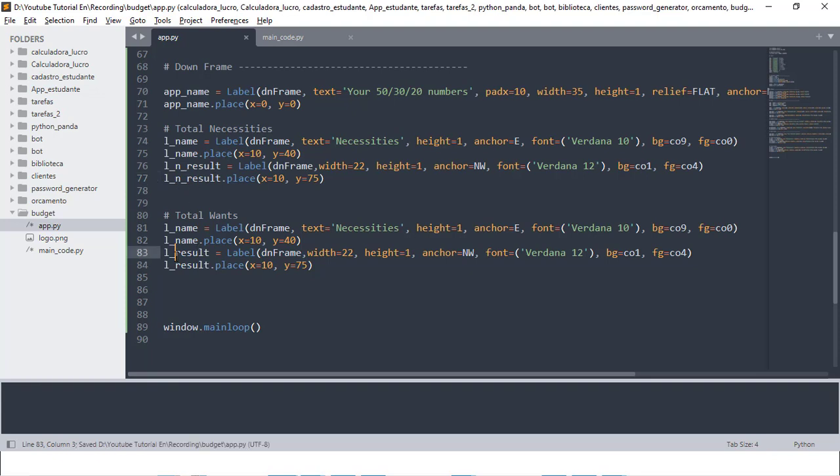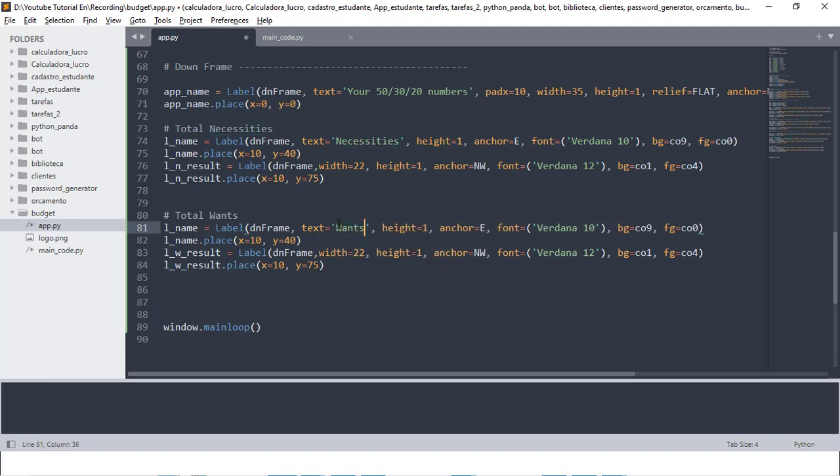Then for this one, we put L underscore W results. The same way you will do it, L underscore W underscore results for ones. Then here won't be necessity, this will be ones,